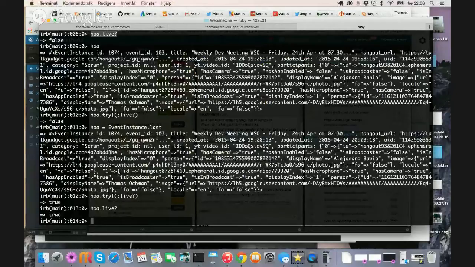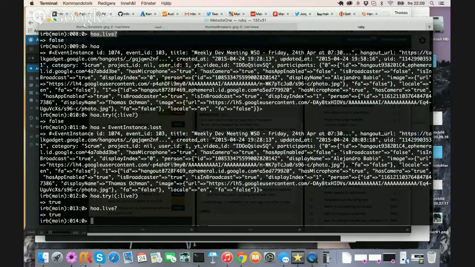Hangout is created at the moment the event instance is created. But if nobody starts the Hangout, the event instance does not exist. Exactly. I'm not sure, but I think it is so.